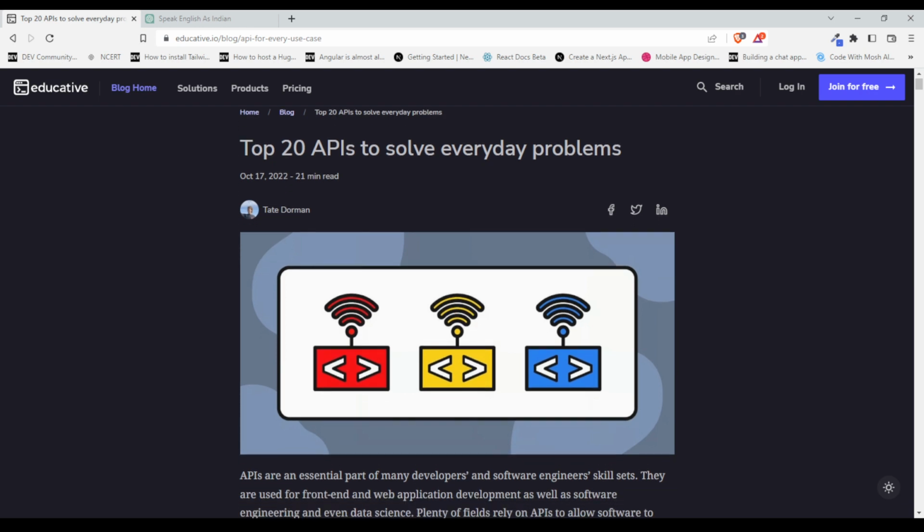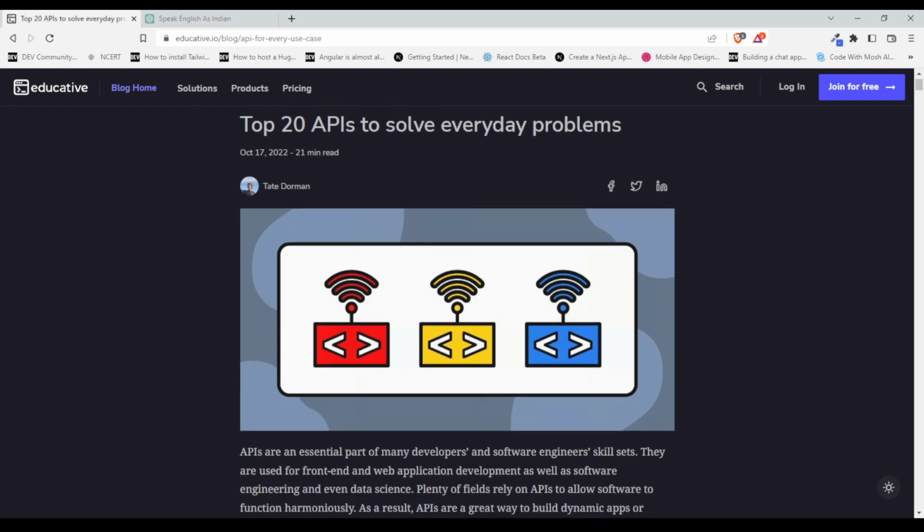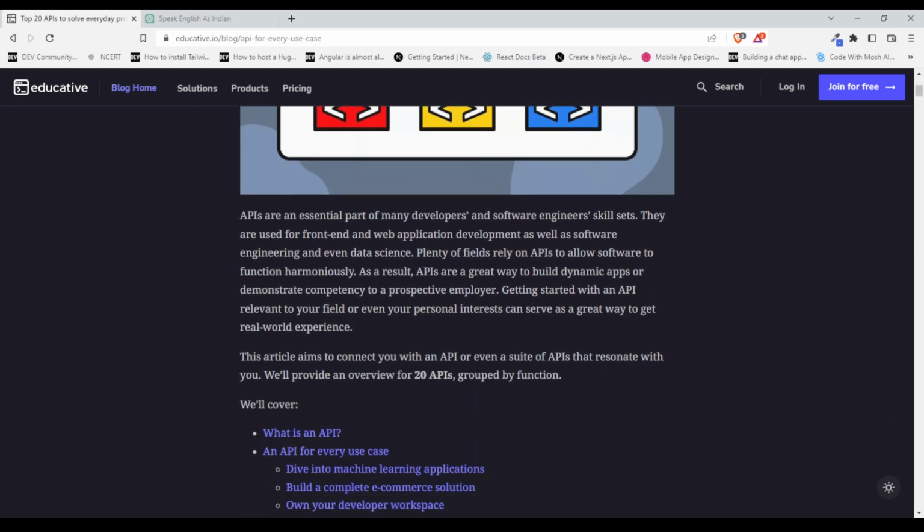Top 20 APIs to solve our problems. APIs are an essential part of a web developer and software engineer's skill set. They are used in front end application development as well as software engineering and even data science. Plenty of fields rely on APIs to allow your software to function